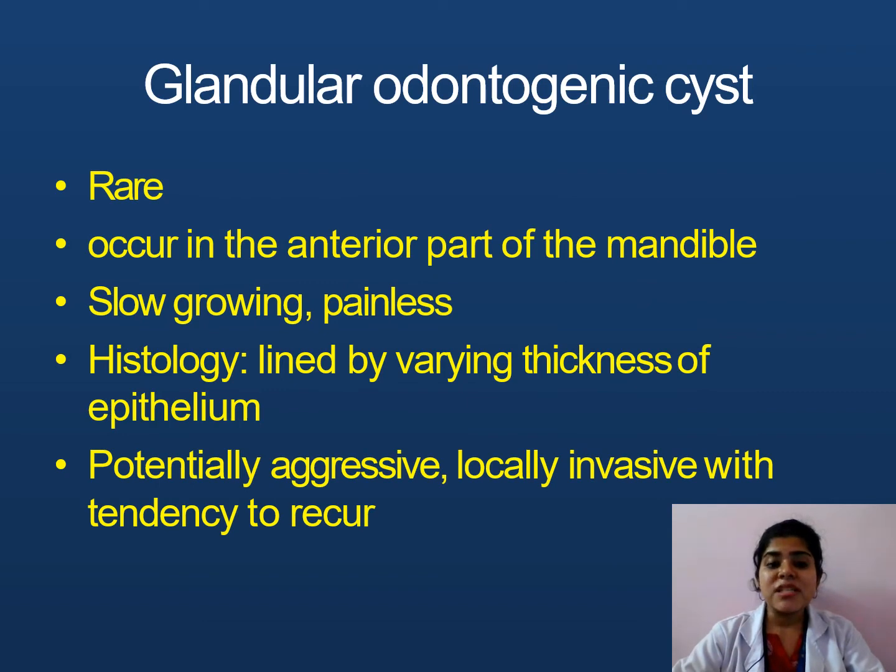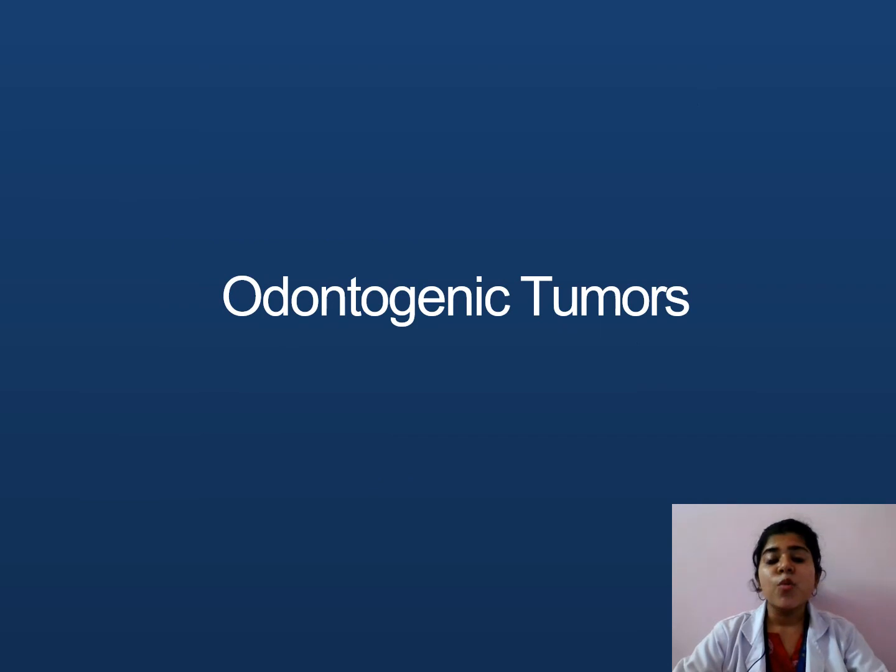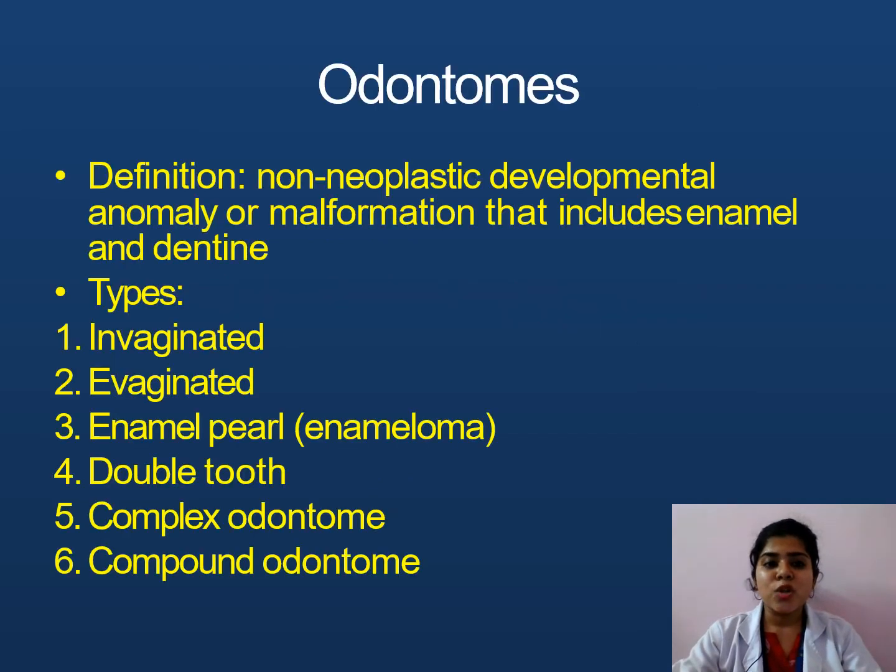Glandular odontogenic cyst is very rare and occurs in the anterior part of the mandible. It is a slow-growing and painless tumor or cyst. Histology: lined by a varying thickness of epithelium, potentially aggressive and locally invasive with a tendency to recur. Moving on to the odontogenic tumor, odontomes: it's a non-neoplastic developmental anomaly or malformation that includes enamel and